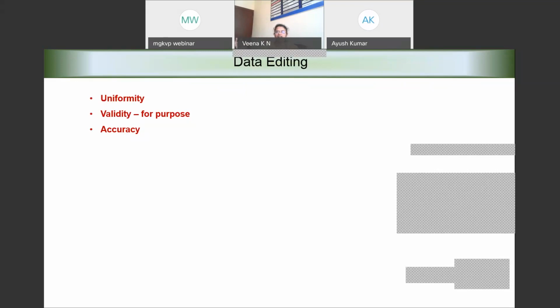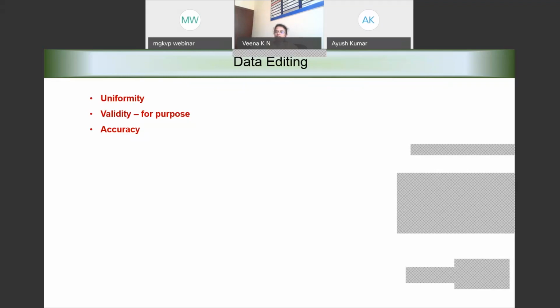It's very rare, or maybe almost impossible, to find such information. Then you might ask, was it 18 years or 28 years? Or 18 years or 38 years? Did we go wrong in entering the data? This validation for accuracy can also be brought in through data editing.